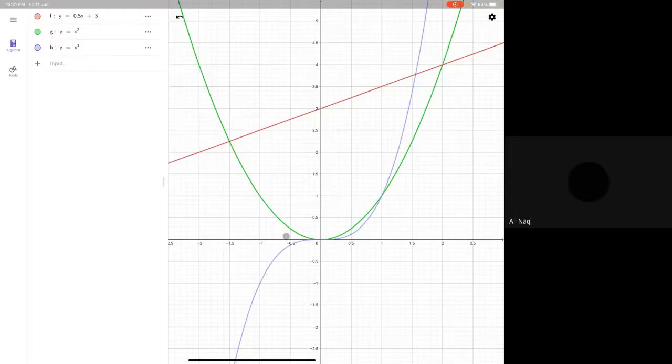Sir, but it's negative when it's in the third quadrant. Slope is positive now. See, if you draw a tangent here, which angle will it make with the x-axis? Obtuse or acute? Acute. So slope is positive or negative? Positive. See, remember always, whenever the slope is like this, in this direction, slope is always positive.